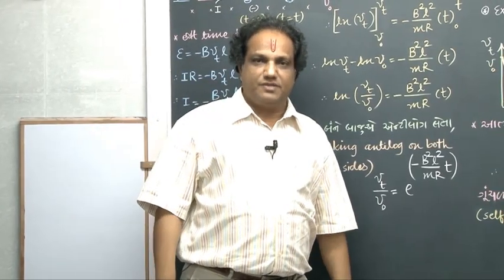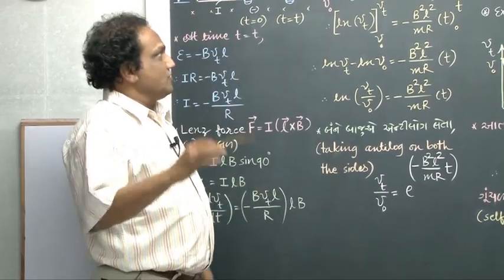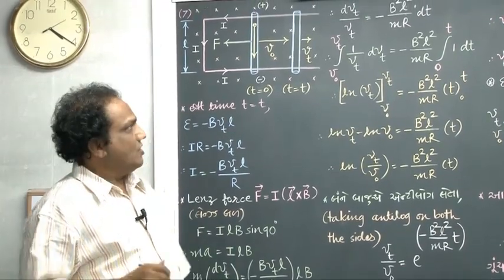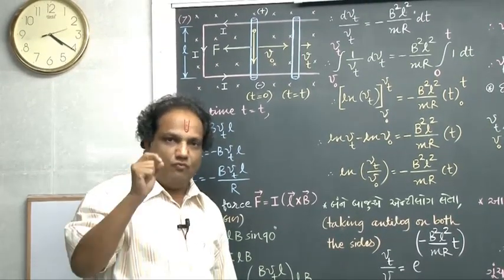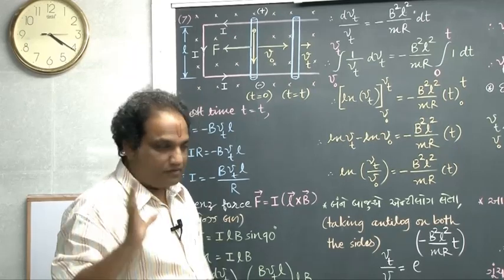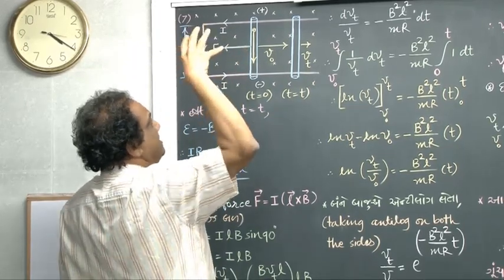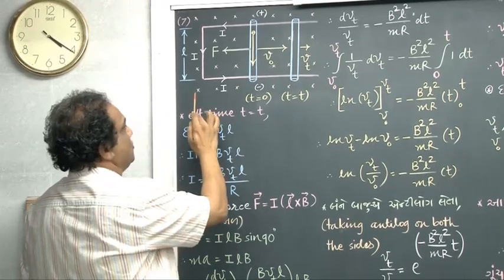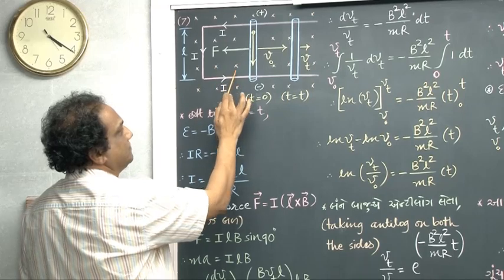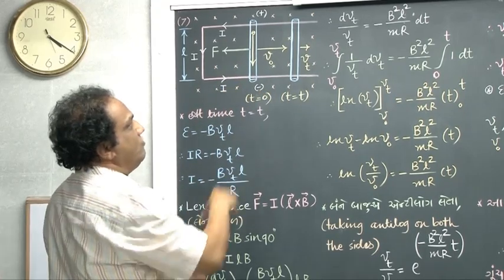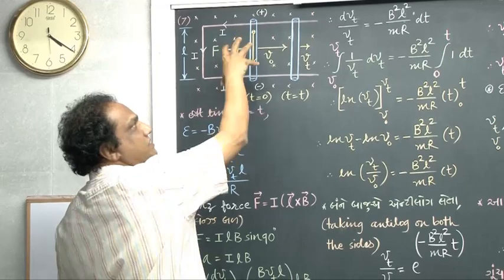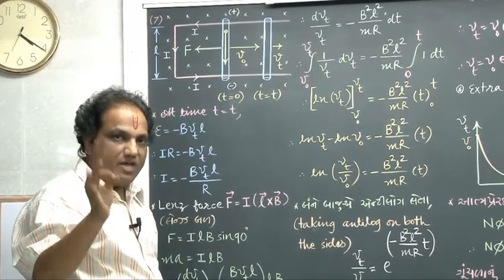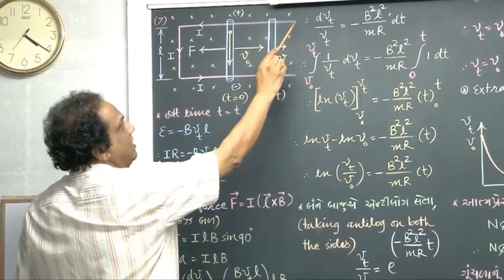Come on, have you read it? Look. First of all, try to understand the physical situation given to us. Here we have one uniform magnetic field perpendicularly inside the plane of the figure, and that is why I have shown symbols of cross. Fine. So we have one magnetic field perpendicularly inside, and in that uniform magnetic field we have placed capital U